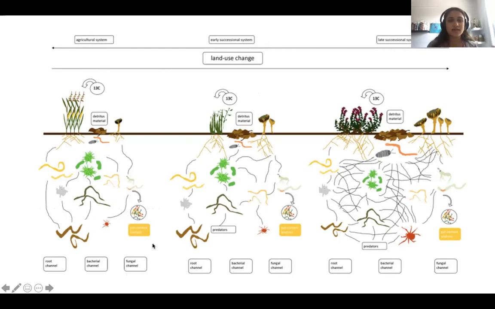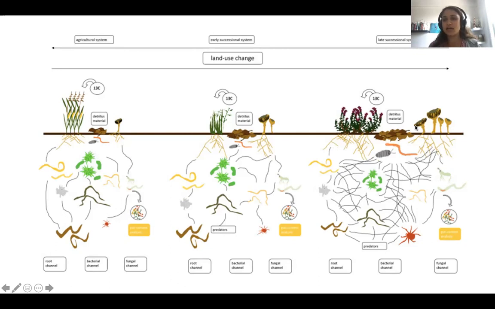So I just wanted to point out the differences: you see these organic matter materials coming in, and then you have this bacterial channel, and then maybe a fungal channel, but you don't really see any predators. And then if we go all the way up to a late successional system, which has